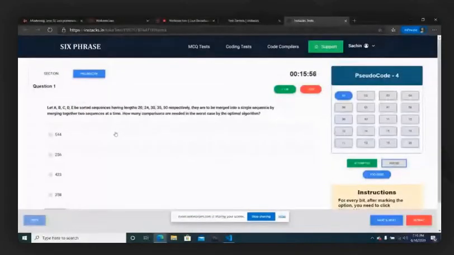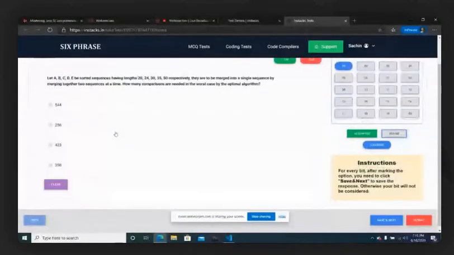So this is test number 4 actually. This is test number 4. Okay, fine. So this is the first question of test number 4 actually. Okay, so in 1 hour of time, how many questions can we actually cover? That many questions we are going to do.